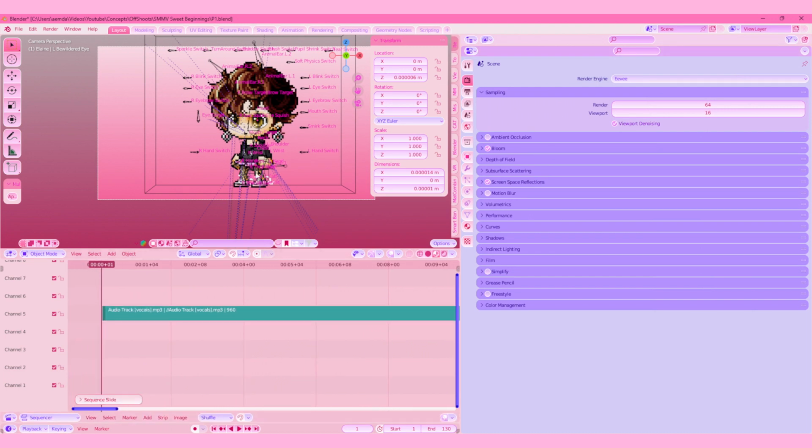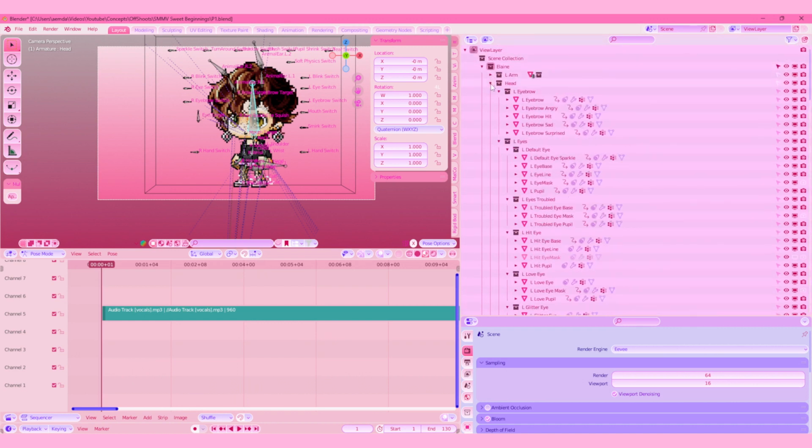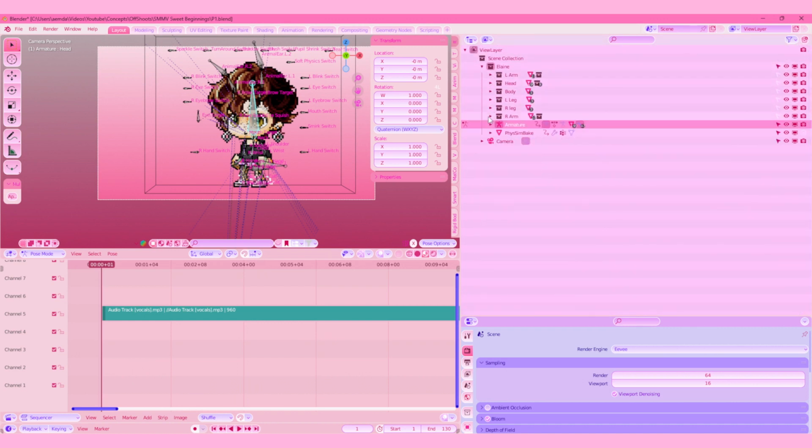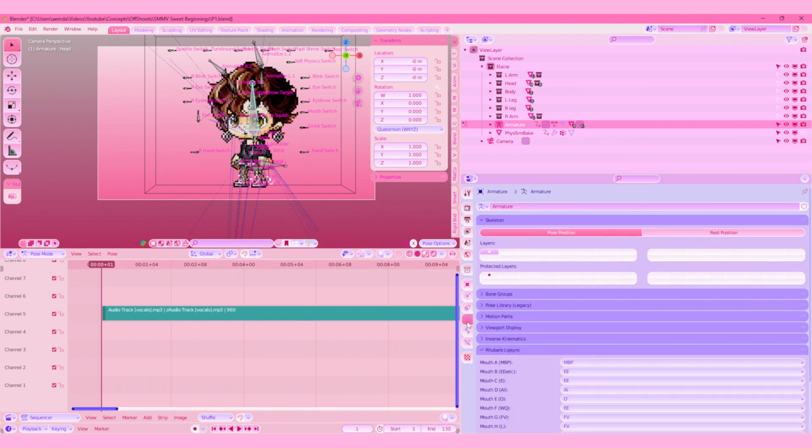And the next thing we're going to do is select this armature or rig, right? The rig here, named armature. Whoop, down here. Okay, here, let me hide all of these extra collection folders. Okay, so we're going to select this armature right here, and we're going to go down here in the properties panel, go to armature,